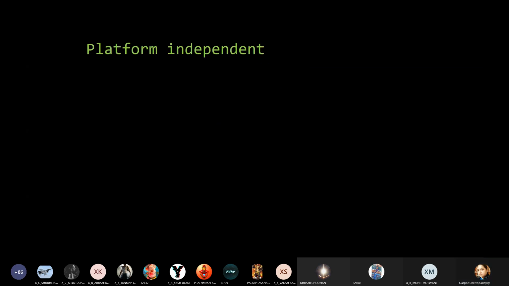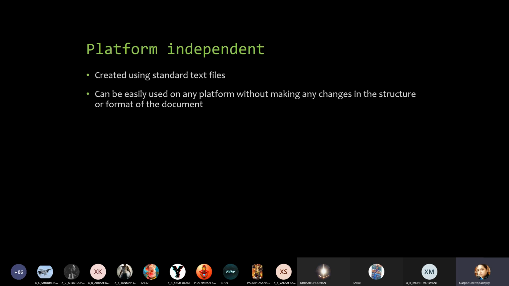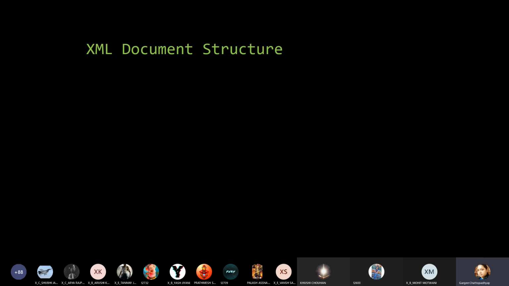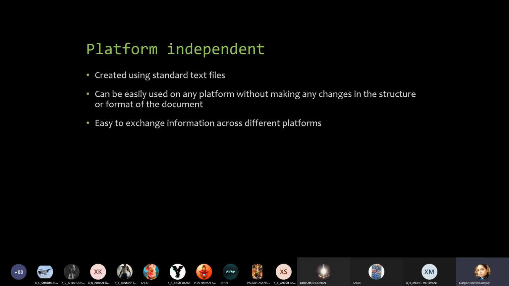Okay. Platform independent, created using standard text files. You can create it using Notepad. Okay. WordPad, GEdit editor. Okay. Or Vim editor of Ubuntu. Any operating system you use, you can use their own editors for this. Can be easily used on any platform without making any changes in the structure or format of the document. Easy to exchange information. So these were the features of XML.